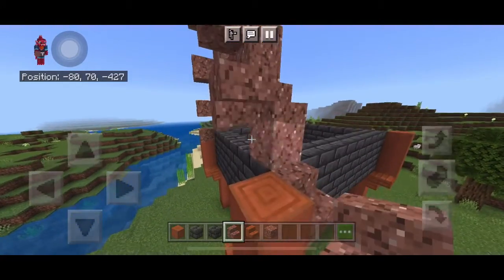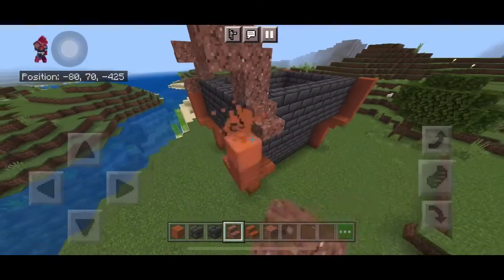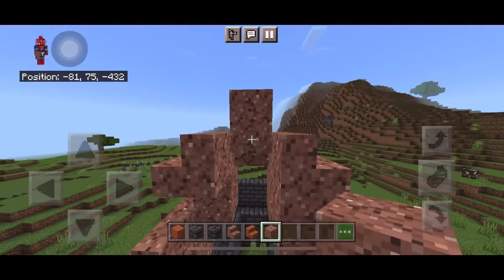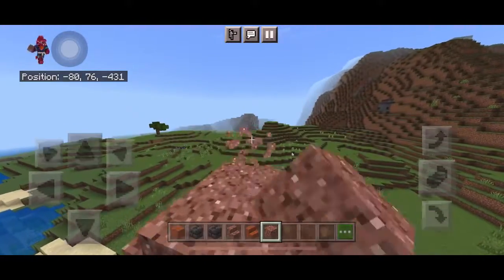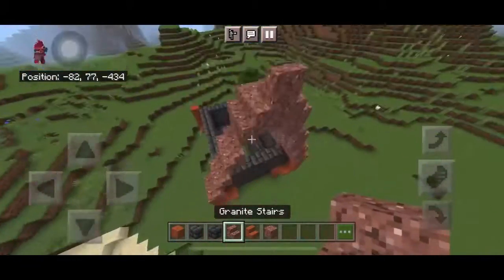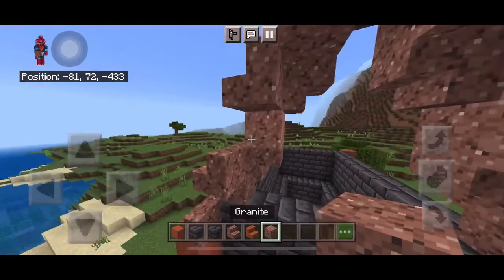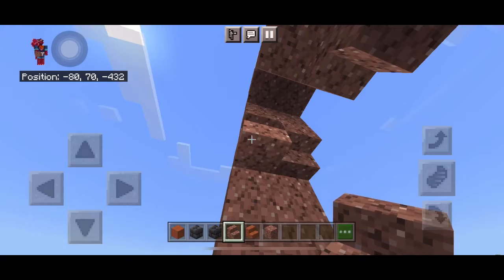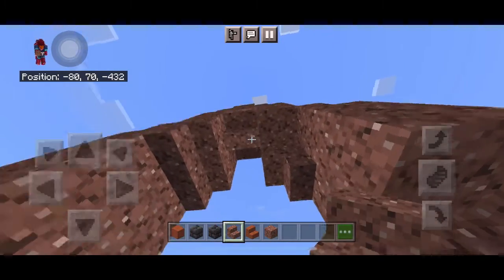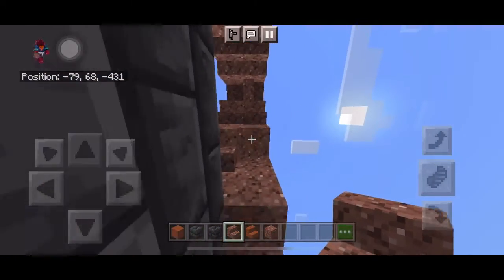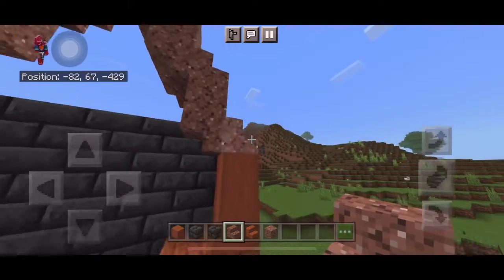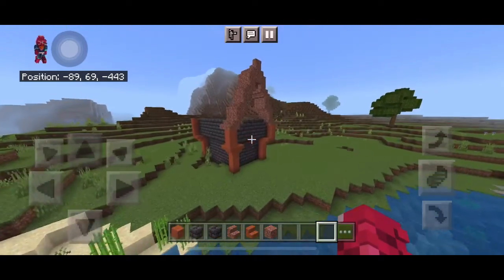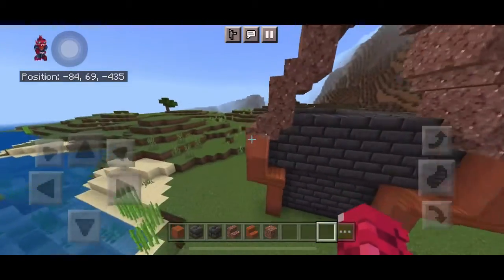So we're just going to bring the roof frame out a little bit so that it's sticking out from the actual wall. Just like this, so that it's not completely flat from the wall. Just like this. Upside down stairs. Alright, so your roof and house should look like this, and we're just gonna skip and